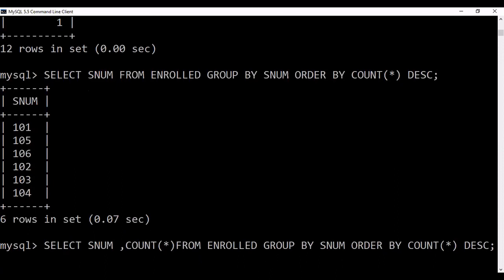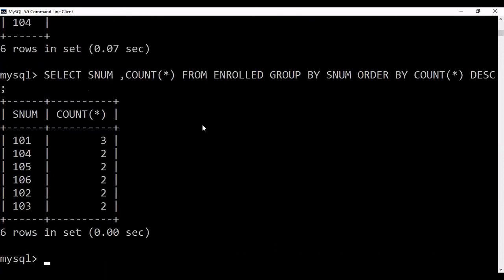So try to understand this query. See here what it is giving: 102 is assigned with 3 courses. The question, what is the question here, again I'm repeating. Okay, number 4 I'll stop, number 5 you can practice.